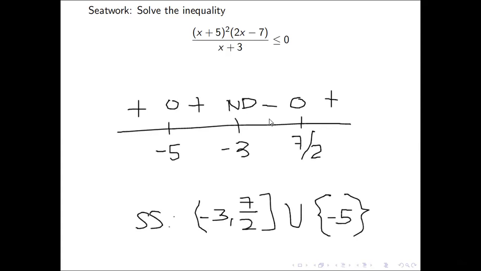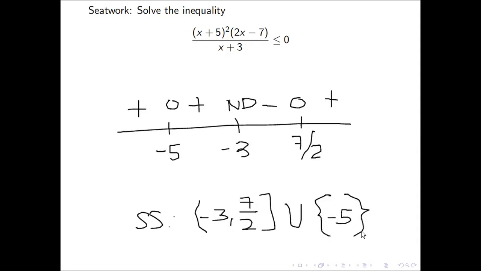You should have plus, plus, minus, plus. Critical numbers: -5, -3, 7/2. Now, the sense of the inequality is less than or equal to. That means you have to include the zeros. And since -5 is isolated from the interval here, you have to indicate that it's part of the solution using set notation. So you have to use